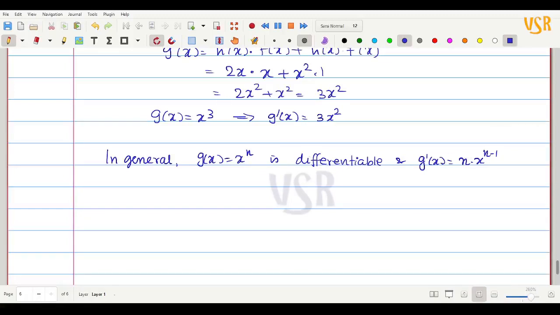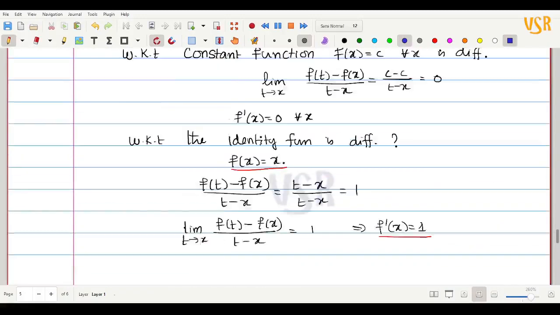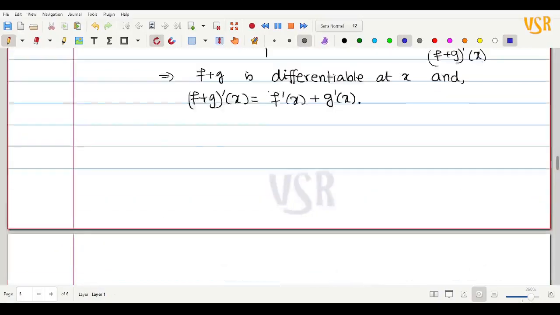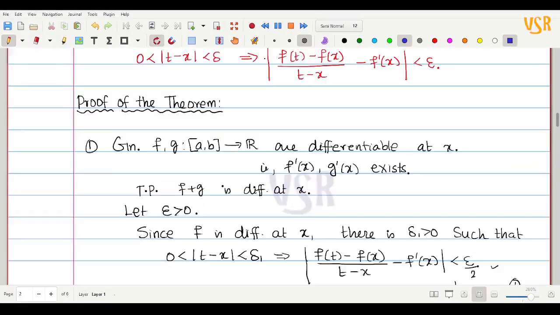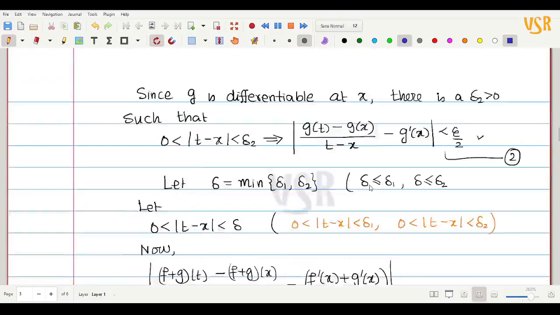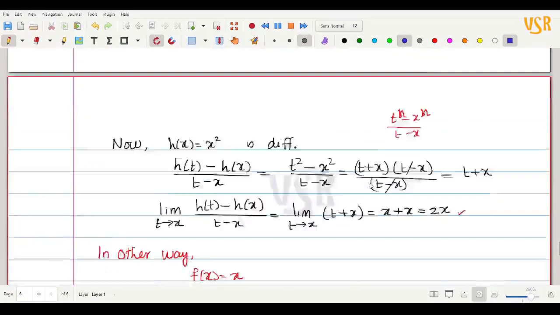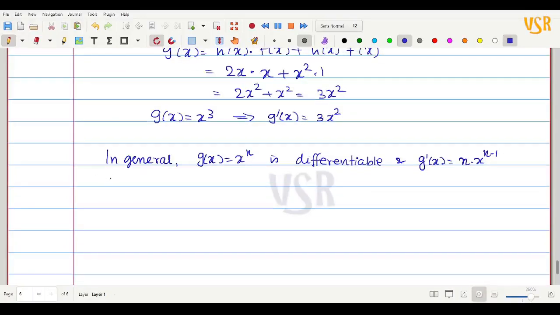Here n is any number. Okay, so a finite sum is also differentiable, which we saw first. Earlier we saw that f differentiable and g differentiable implies f plus g differentiable. Now I am going to use that. If you are having a polynomial, then since polynomials are sums of finitely many differentiable functions,